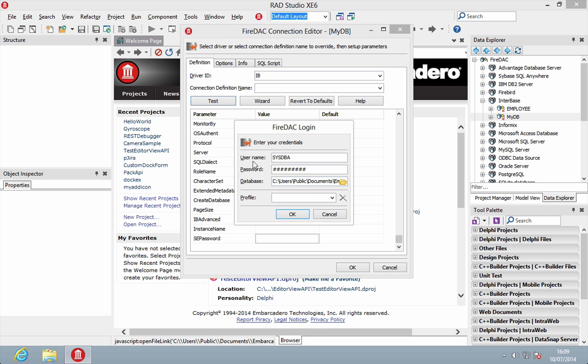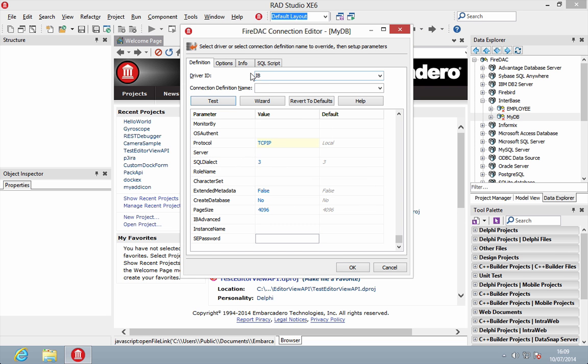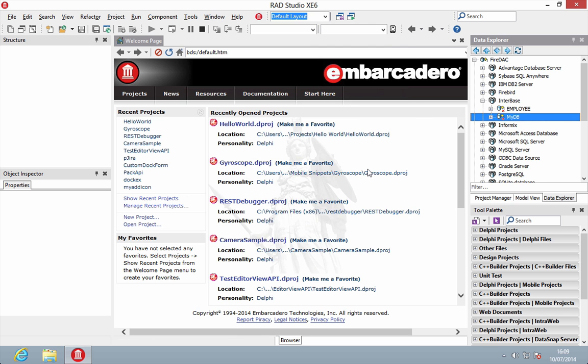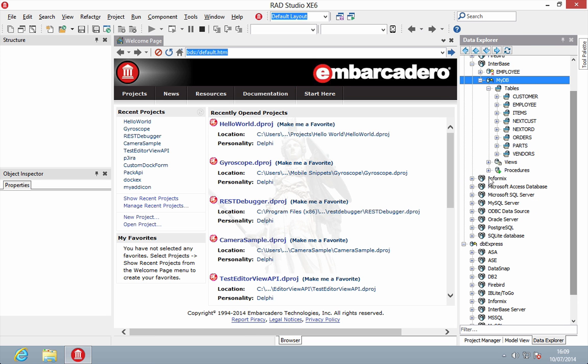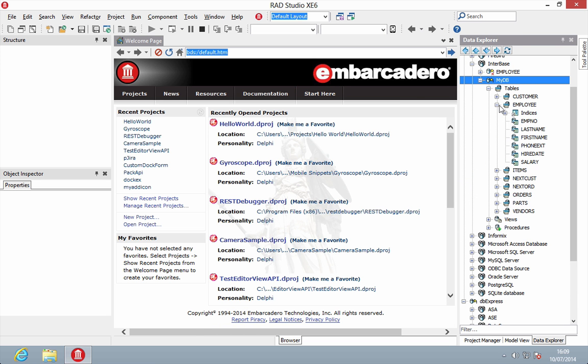So again, let's just test our connection. That's all good, so it's OK. And we can now browse the tables that exist on this database without even having to open it up anywhere else. We can browse, see what fields are in each table, what indexes are around. So we really can get in and explore